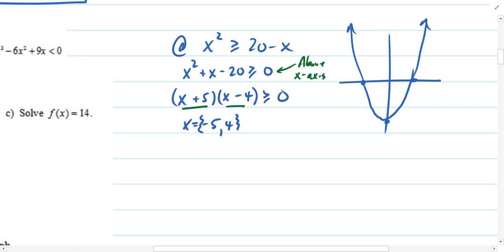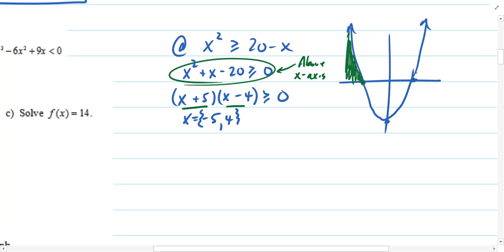Now, we ended up using the factored form to locate the position and to finish the sketch of the graph, but now this is really the heart of the question that we're trying to answer. When does this graph exist above the x-axis? Well, in this region over here, the graph is above the x-axis, and in this region over here, the function is above the x-axis. So anything to the left of -5 and anything to the right of +4, and I should say inclusive,